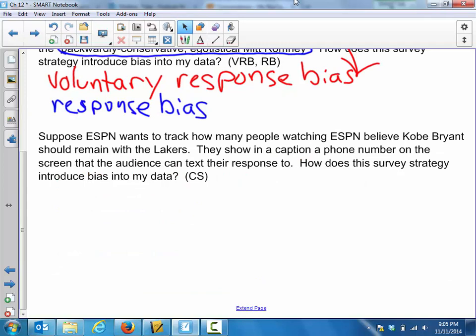All right. Suppose ESPN wants to track how many people watching ESPN believe Kobe Bryant should remain with the Lakers. They show in a caption a phone number on the screen that the audience can text their response to. How does this survey strategy introduce bias into my data? Well,